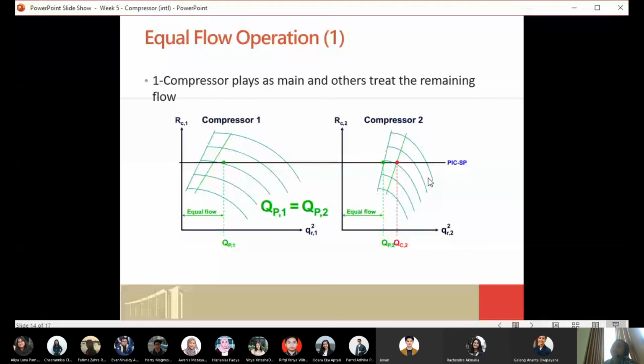And again, if you open the anti-surge valve or the recycle line, the efficiency of the process will be less.